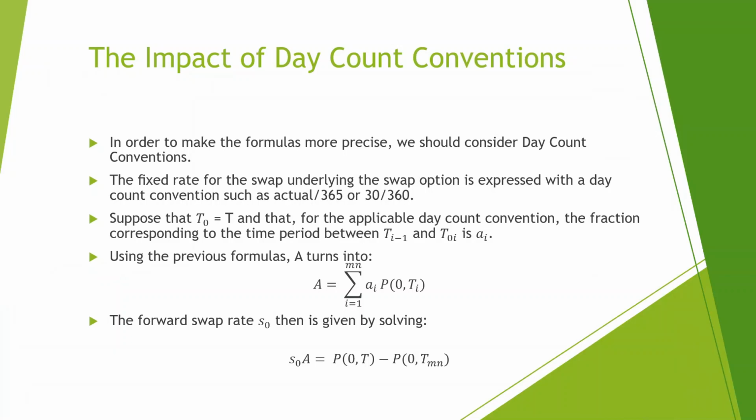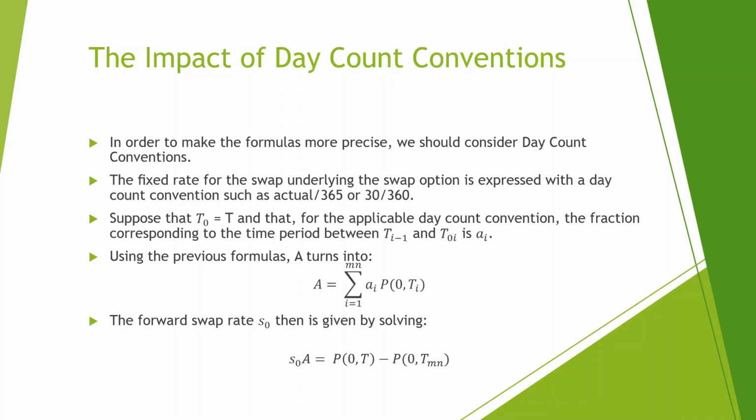The last topic of European swap options is the impact of day count conventions. In order to make the formulas more precise, we should consider day count conventions. The fixed rate for the swap underlying the swap option is expressed with a day count convention, such as actual/365 or 30/360. For example, if T_{i-1} corresponds to March 1st and T_i corresponds to September 1st, and the day count is actual/365, a_i equals 184/365, giving